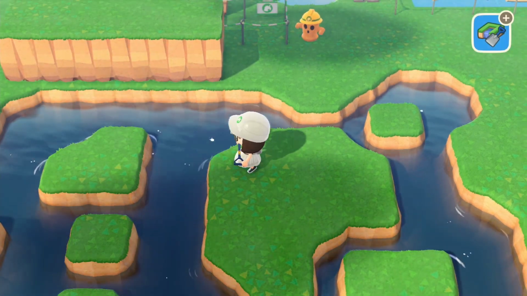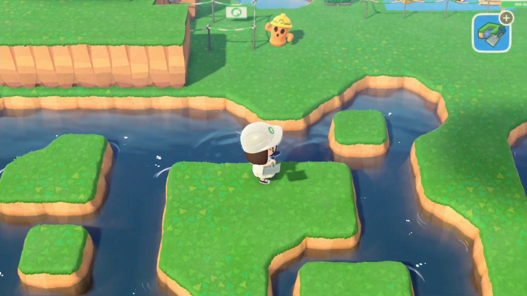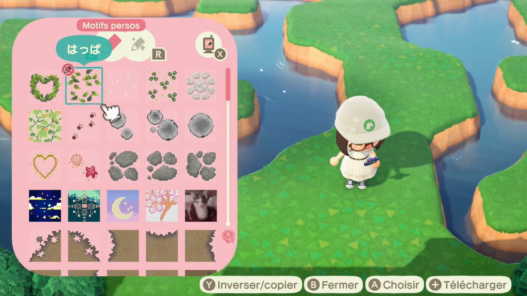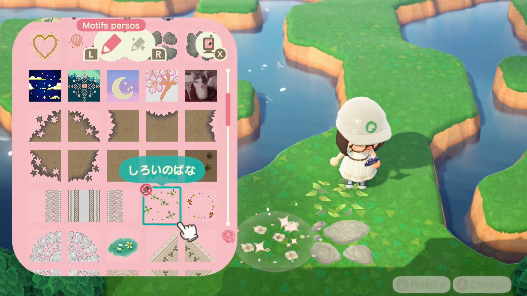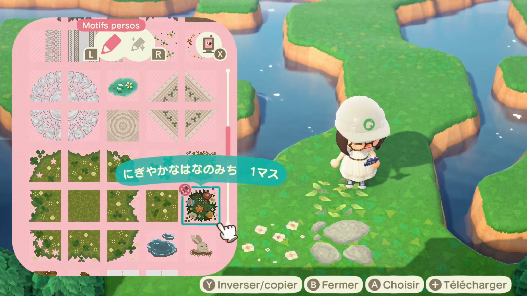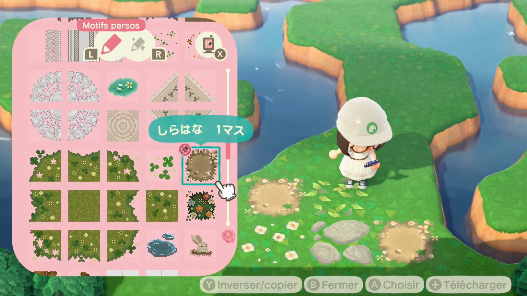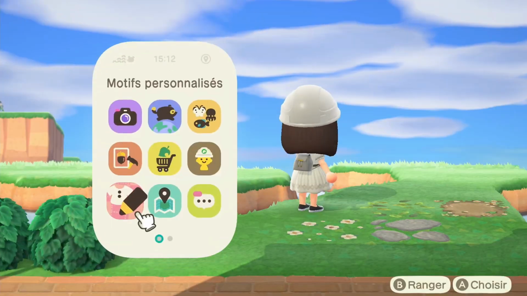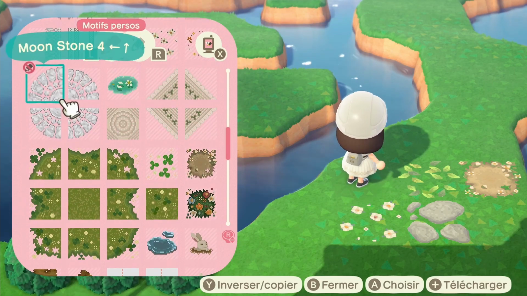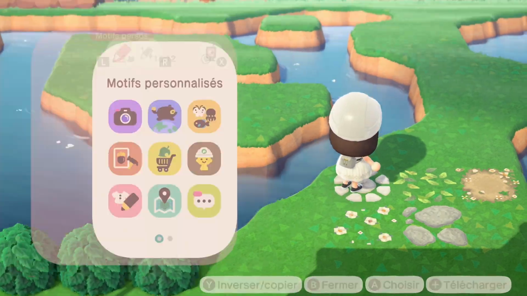But I did not like it, so I will change that later. And here I have kind of a heart shape, which I liked. I didn't know if it was a heart shape or a Winnie the Pooh shape or something like that, but I liked it. And as you can see, I started placing my custom designs for my path.